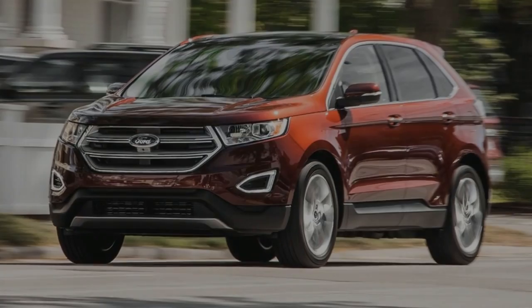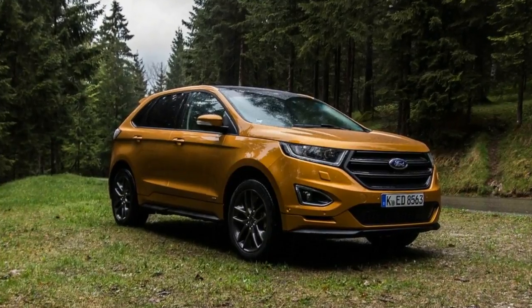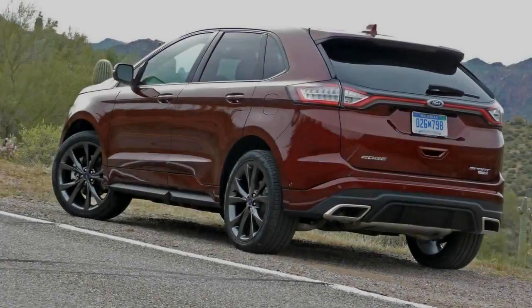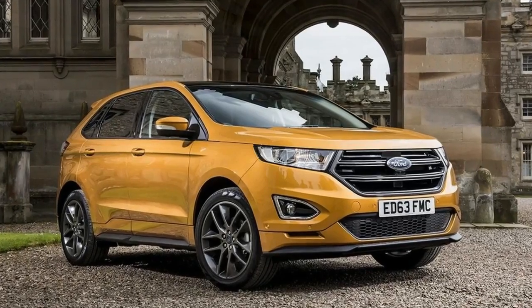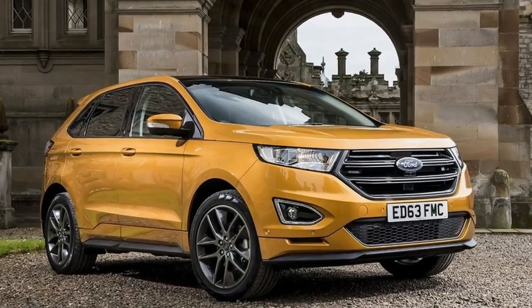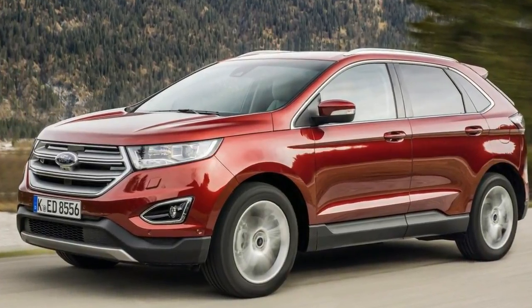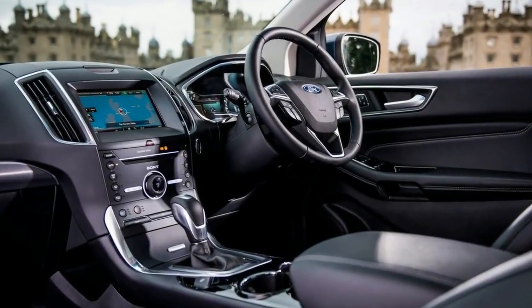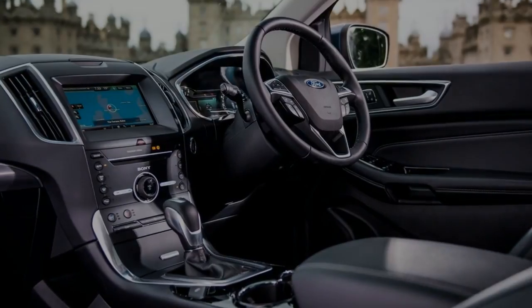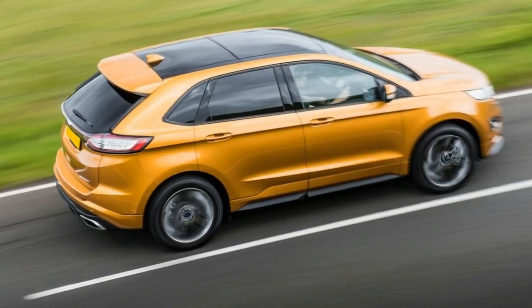So you'd automatically think that the more powerful version was the one to go for, but it's not that much quicker. The lower powered version is available with a manual or automatic gearbox, whereas the 208 brake horsepower version is auto only, and that means that economy is reasonable rather than outstanding. Both will average around 48 miles per gallon. That's largely due to the lack of a front wheel drive version. Emissions for both are around 150 grams per kilometre of CO2, meaning even the cheapest model will cost around £225